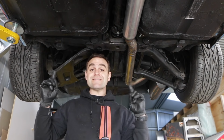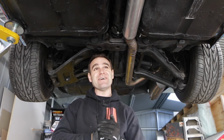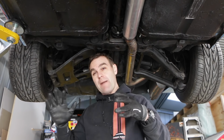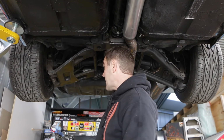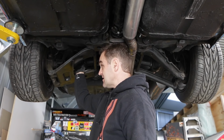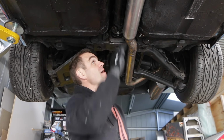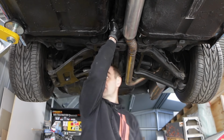Okay, so the speakers are in, and it's actually a couple of days later. I've been driving the car around, and one of the things I have noticed is, particularly if I'm going uphill, I back off in second, and then I hit the accelerator again, I felt this clunk under my seat. I came out and inspected everything underneath. Everything is bolted up well, and what I've actually found is this: